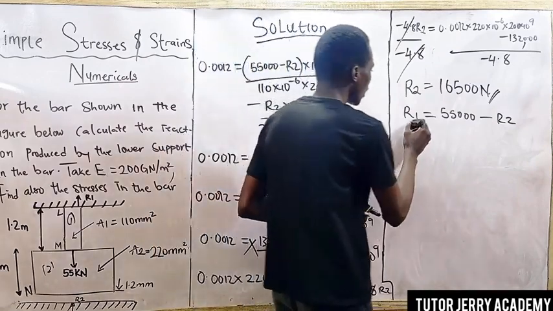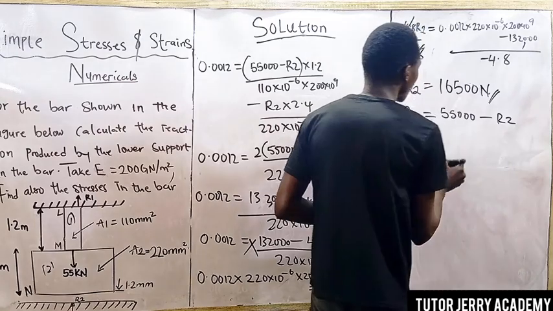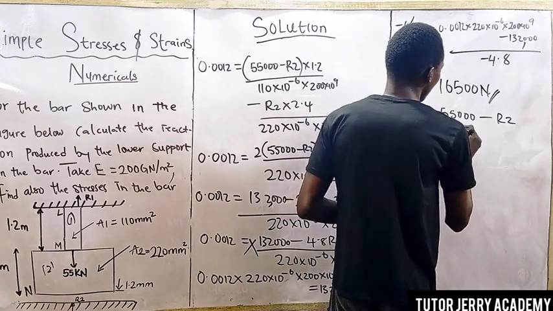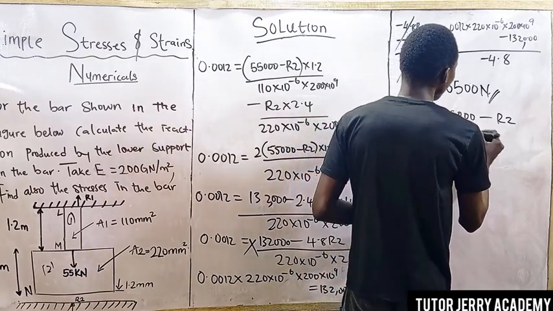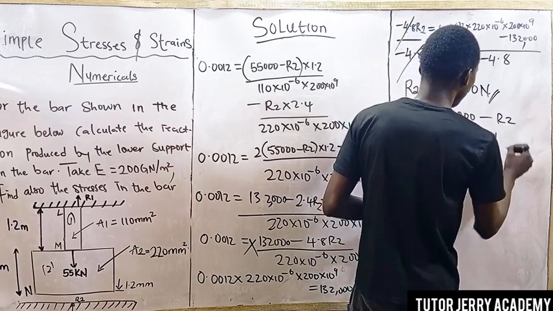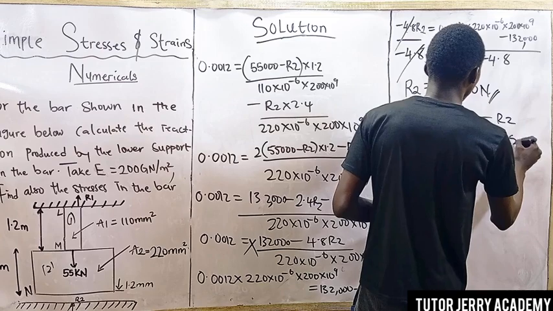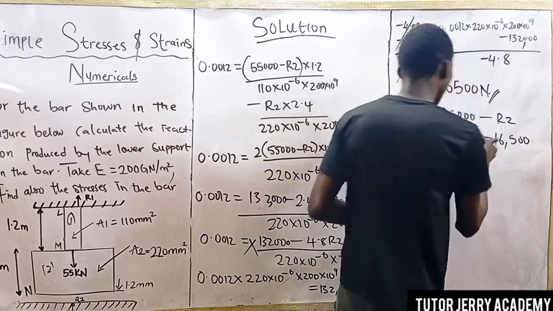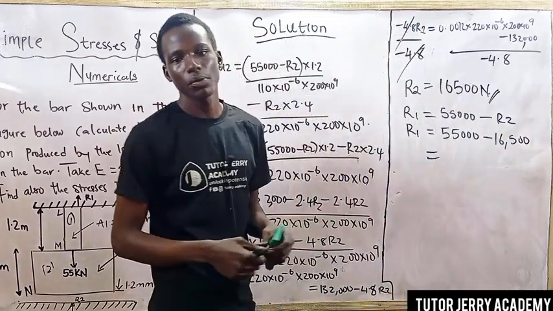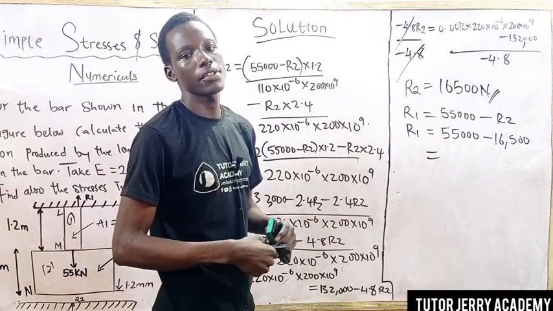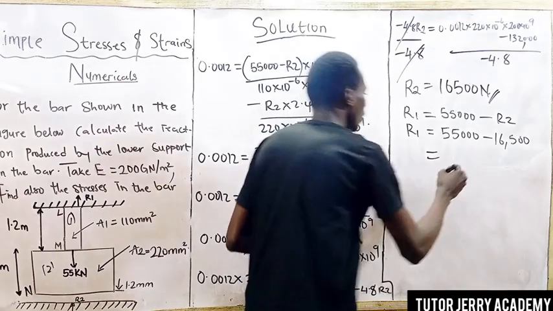So it implies that to get R1, R1 will be equal to 5,000 minus 16,500. If you press this in your calculator, R1 will be nothing but 8,500. Okay,